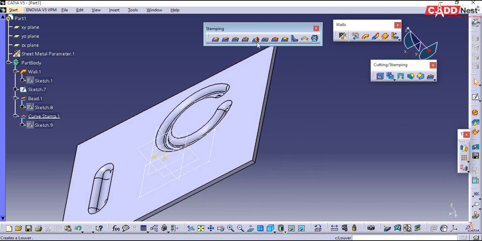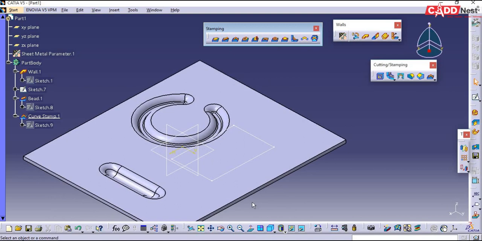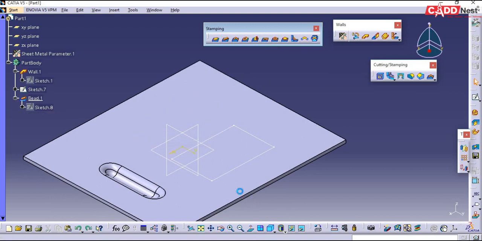So next we are having louver options. Let us see how to use this louver option. For that I need a simple sketch. Here I have created a simple sketch already. I will be choosing this itself. Let us see how to use the louver option. We will go for louver,